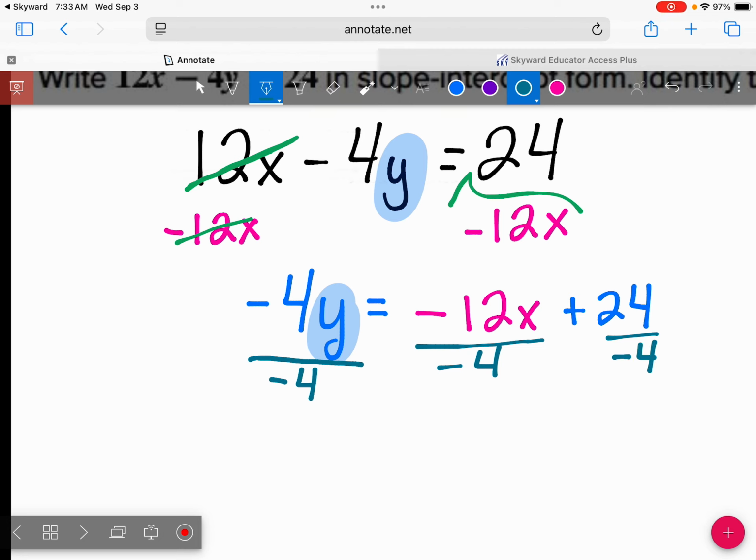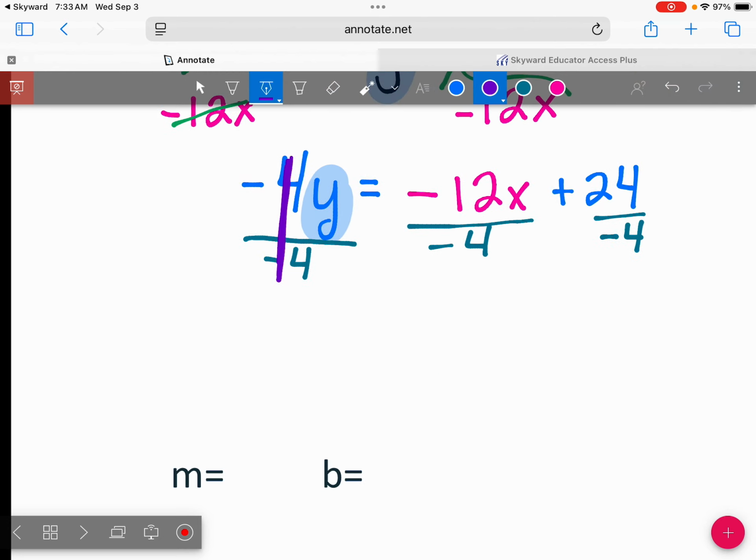You can do it either way. As one big, I divide everybody by -4. Or as, well, you get a -4 and you get a -4. Because everybody needs to get one. The reason we need everybody to have one is because now -4 and -4 cancel out to just be a 1. So we're going to get our 1y